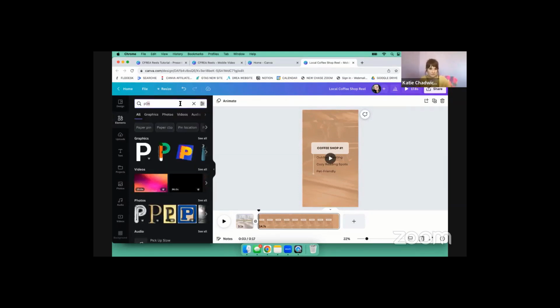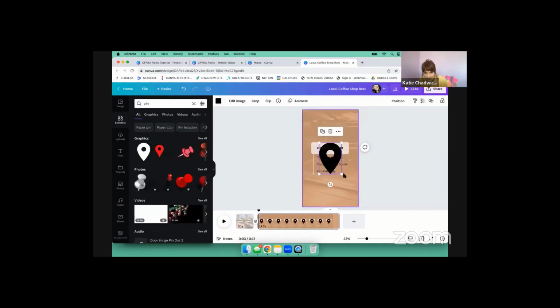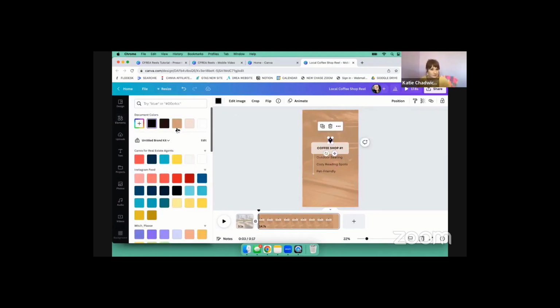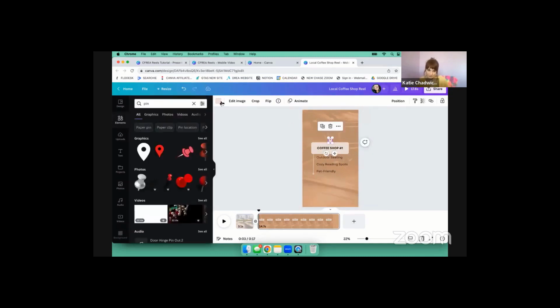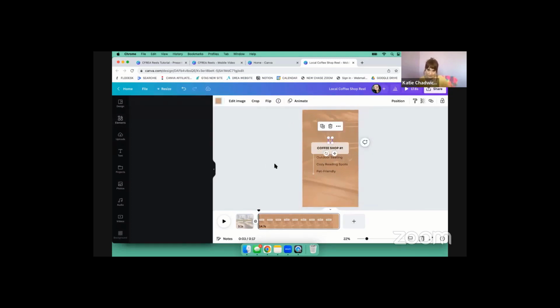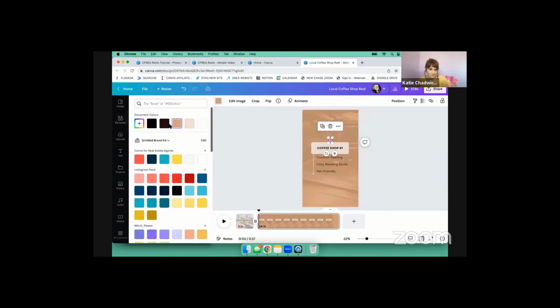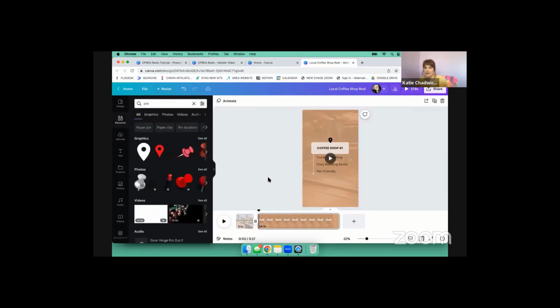Oh, if I could type it, just like this. Make it small. Move it around. Change it to your brand colors. I'm gonna make it lighter. I'm feeling froggy. Okay, now I'm gonna make it darker. See, I don't even know. Oh, that doesn't make any sense. Boom. Okay, now